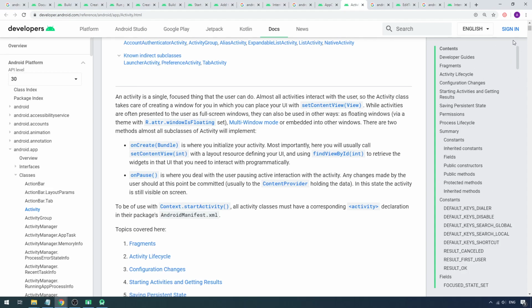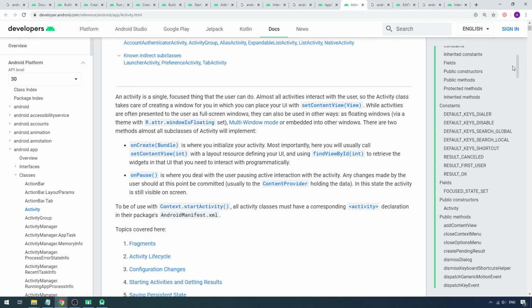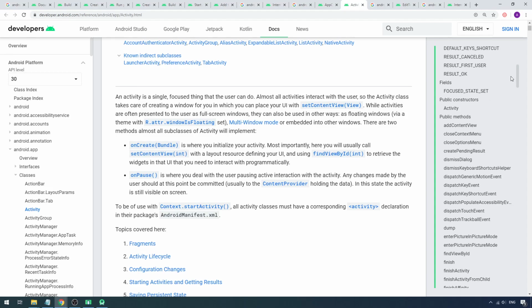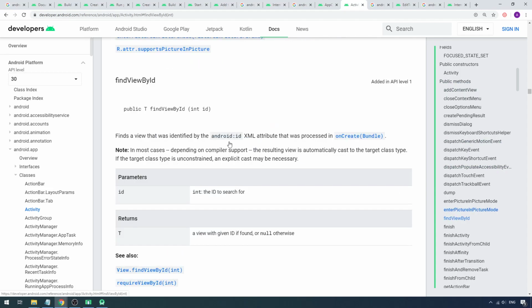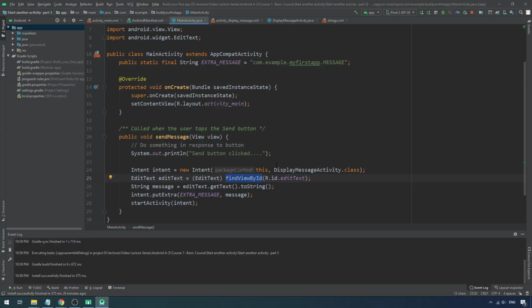If you go into that Activity class and scroll down to the public methods like I'm doing, you will see there's a method called findViewById. The findViewById will return a View, right? When you read this, you will figure out that findViewById returns a View, and as you know, all the labels, text boxes, buttons are Views.